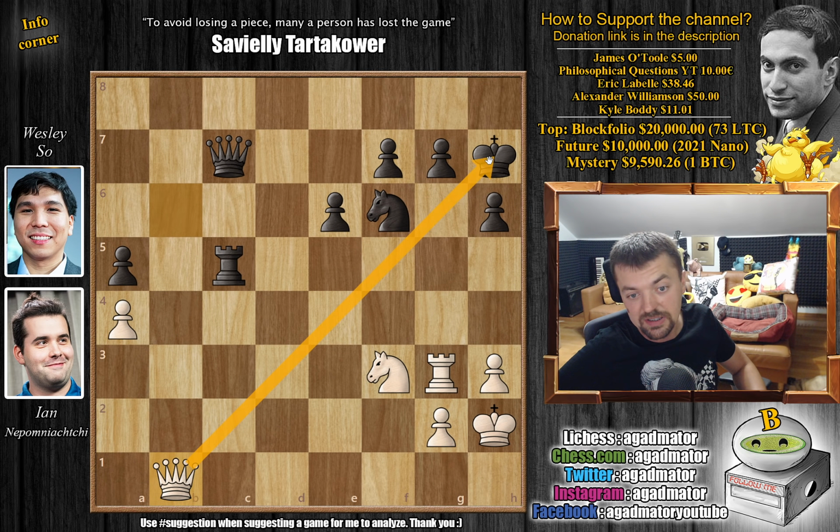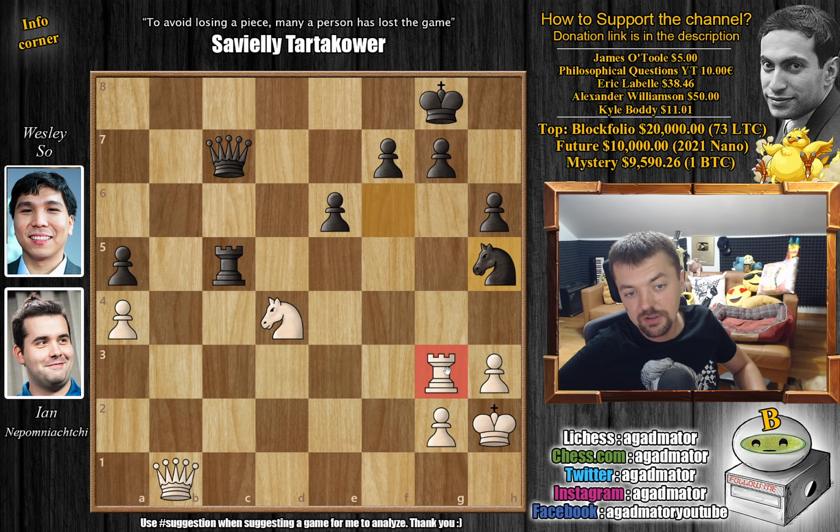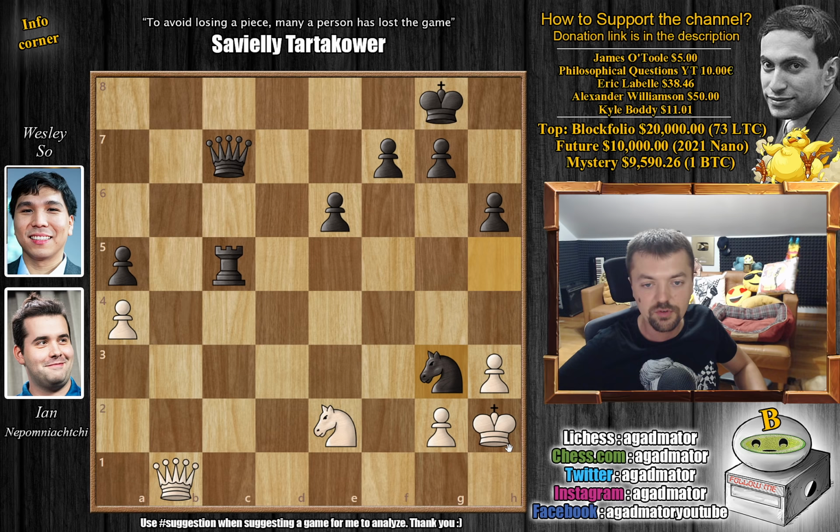Now delivering this check here, king to g8, and now knight to d4, trying something, but there is nothing to be done here. Wesley just attacked the rook here, knight to h5, and there is no move here you can play. Knight to e2, and here Wesley just captured, knight captures on g3, and it was in this position on move 45 that Jan Nepomniachtchi resigned the game, and a brilliant, brilliant victory for Wesley So,